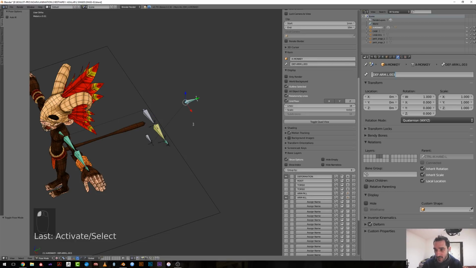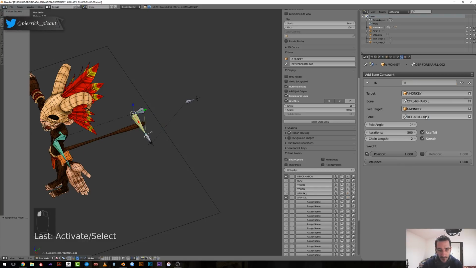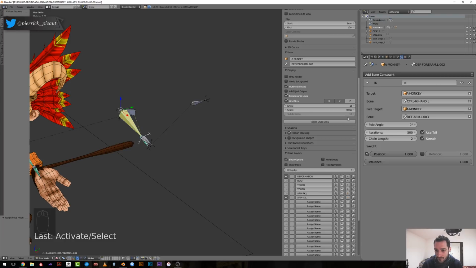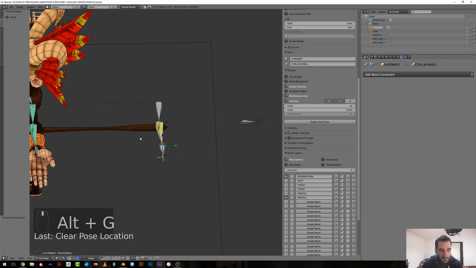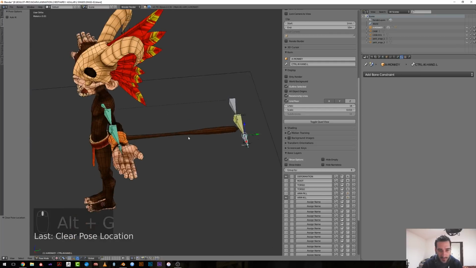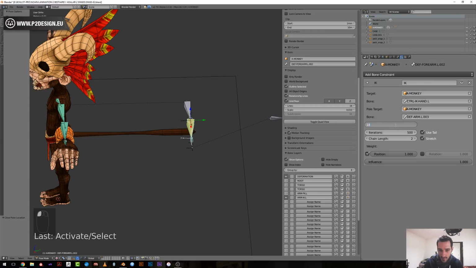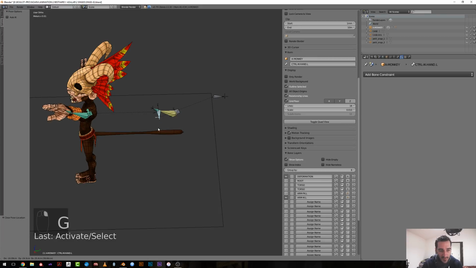So I will copy its name and paste it into the constraint. Now I have to reset the orientation. You can see that it did get crazy. It's reversed the arm currently. So I will select this and reset the pull angle at probably minus 180. Now I can easily move the arm